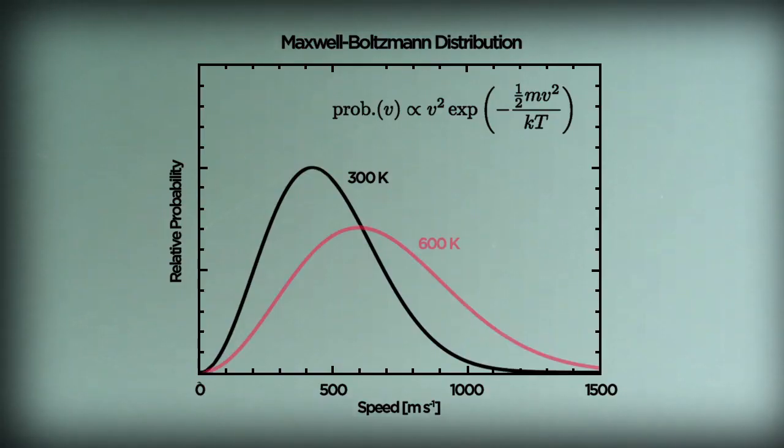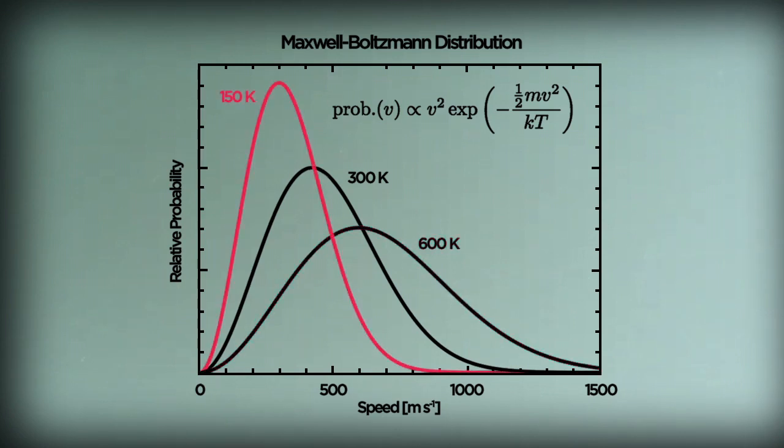That's kind of amazing when you think about it. The molecules in the air around us are moving at speeds of hundreds of meters per second. Of course, they don't get very far before they knock into another molecule, but still, that is an impressive speed. If I turn up the temperature, the peak now spreads out and moves to higher velocities. And if we turn it down, the peak moves to the left to lower velocities. In general, the most probable speed is the square root of 2kT over m.